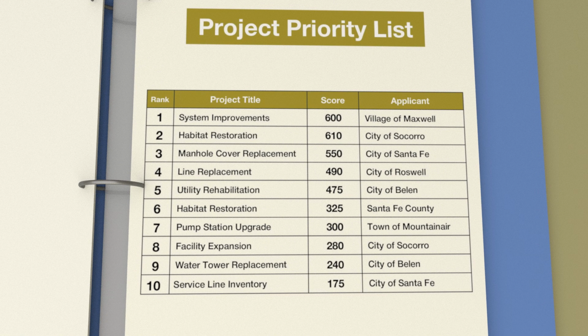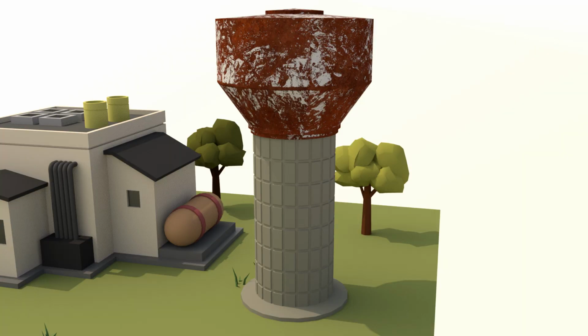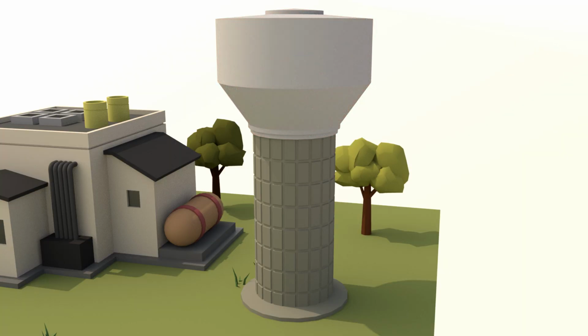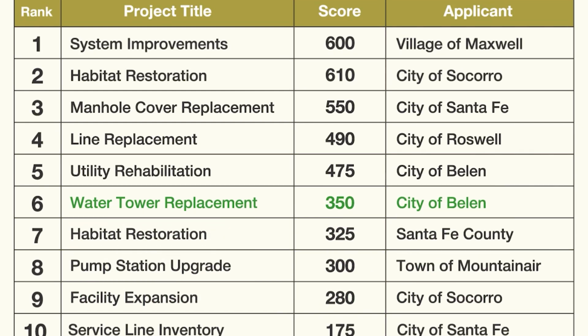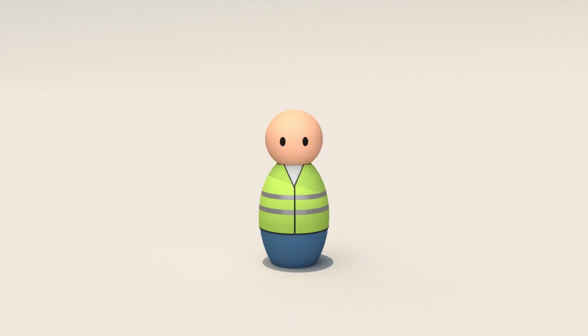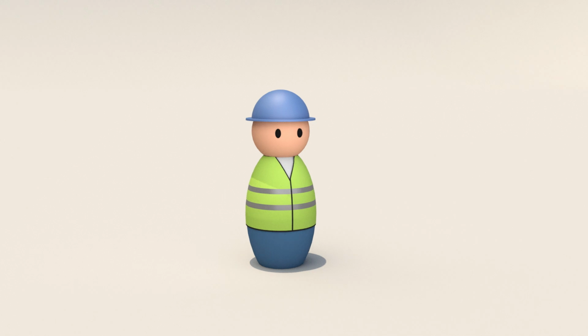Projects are ranked on a point system based on broad categories, such as regulatory compliance and financial sustainability. Fixing the water tower will address facility upgrades to maintain compliance, so Bob knows his project will receive points in the regulatory compliance category. Now that Bob has read through his state's IUP, it's time to start the SRF application